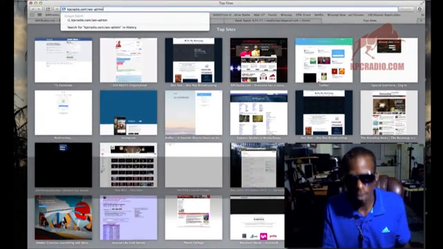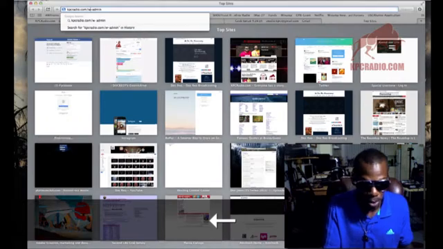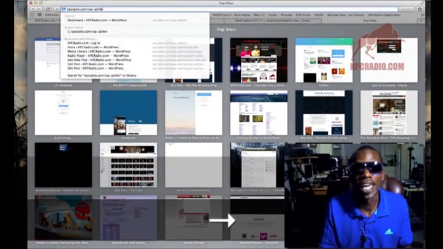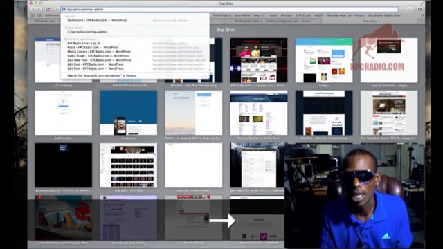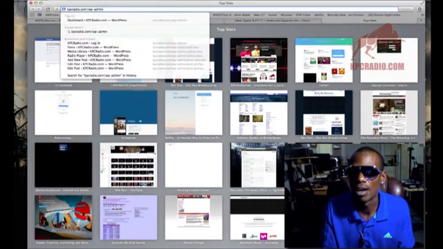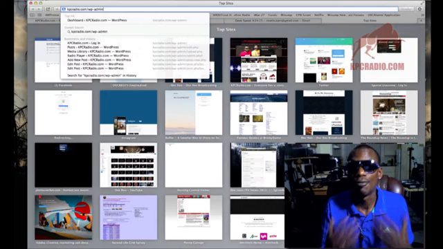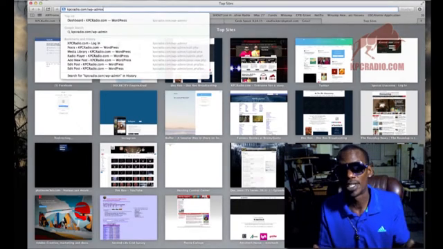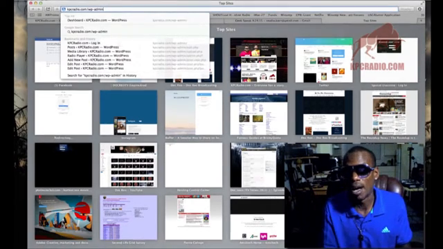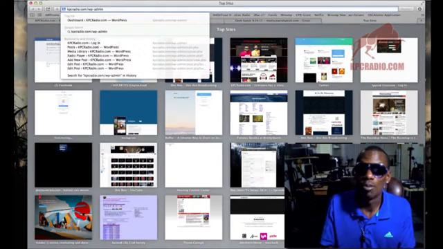The reason for that is I do not put a login link on the page, but WP-admin is the default login for all WordPress sites. So all you have to do is put that behind any WordPress site, and you'll more than likely end up